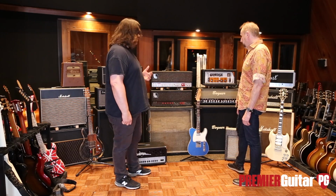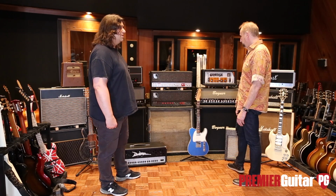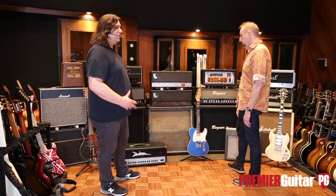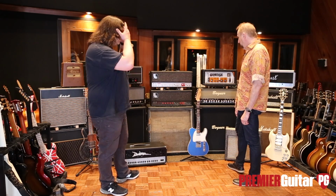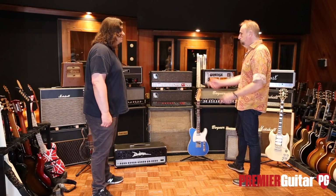And Sabbath. The story that I heard is Tommy Iommi used these on a couple Sabbath albums, you know, but they're great. They're really different. They've got a character unlike any of these other amps. Yeah, well, they really look beautiful, and I'm sure they sound beautiful as well. Yeah, they sound great. Should we